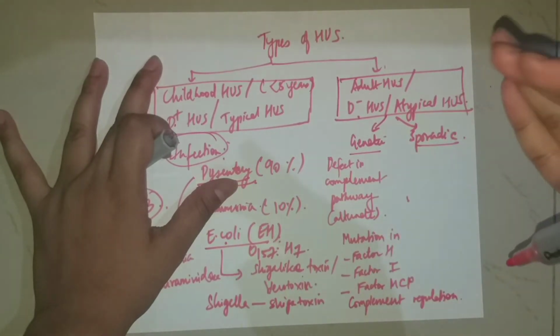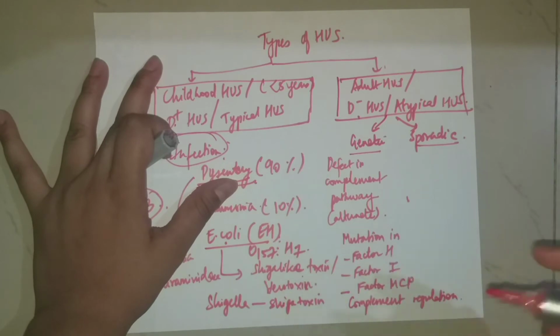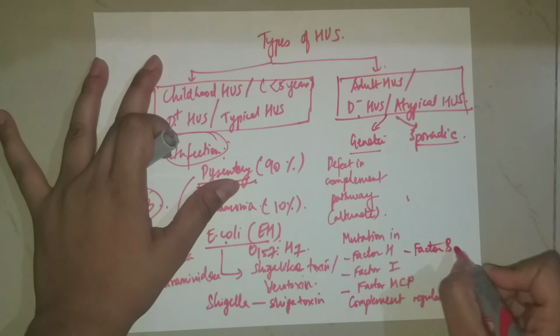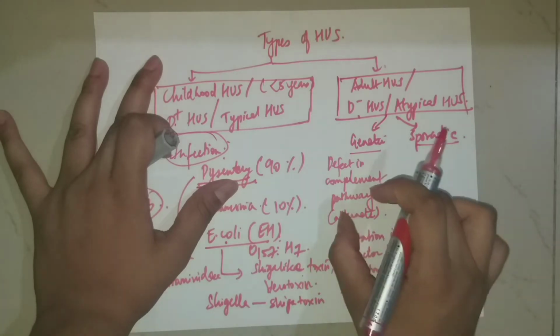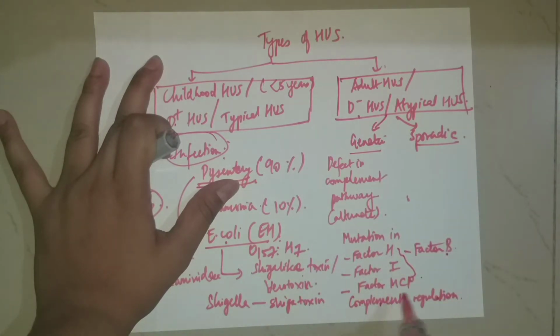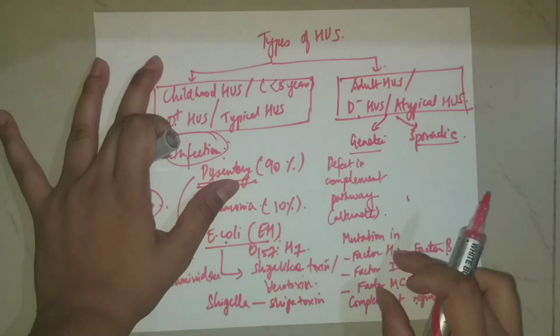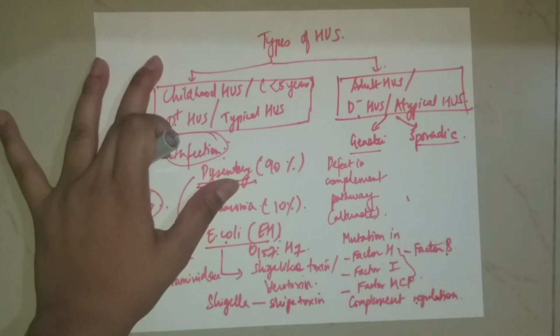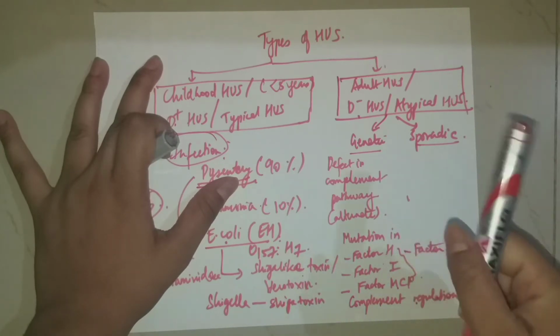But also one more mutation in factor B. Now factor B is not a complement regulator, it is a part of the complement pathway itself. So in these three complement regulators, if there is a loss of function mutation, meaning the mutation causes this to not be present or not be functional,